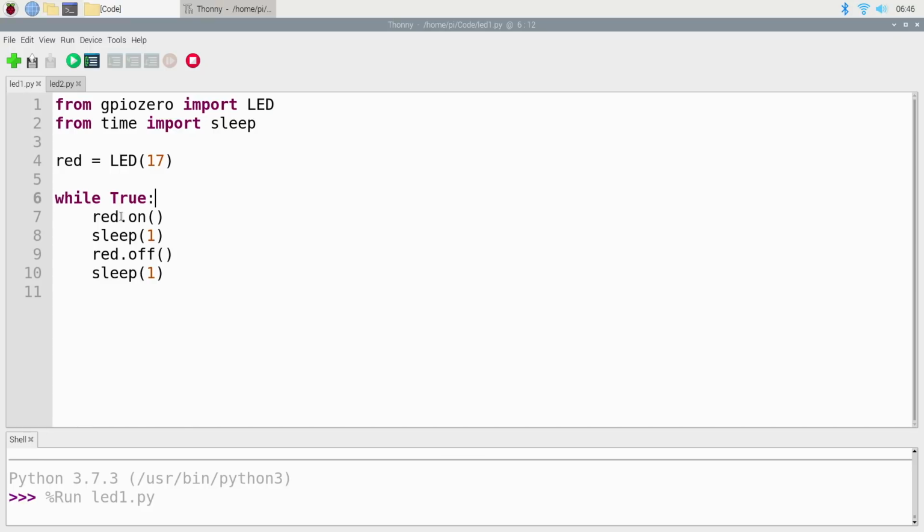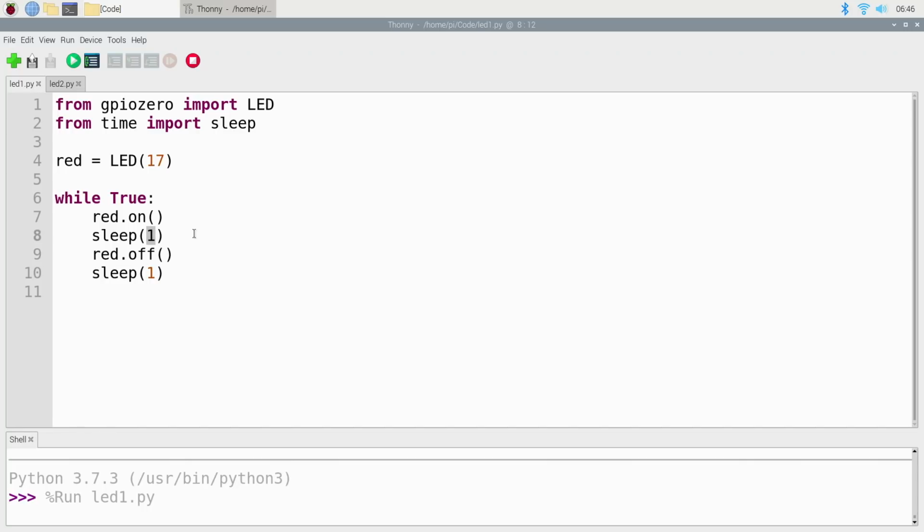And so we'll take our red LED object and turn it on. Then we will go to sleep for 1 second. This parameter represents seconds. Then we'll turn it off and we'll go to sleep for a second and repeat. And as you saw, that makes the LED flash back and forth, once on and once off. And that's pretty cool. The same thing that we did with the Arduino sketch we can do with this Python